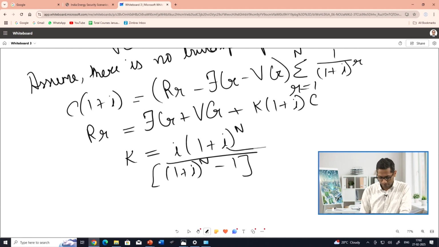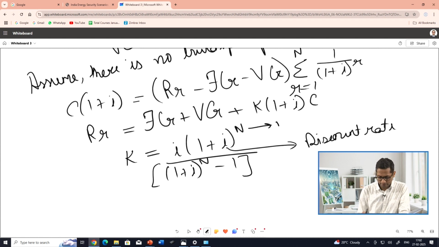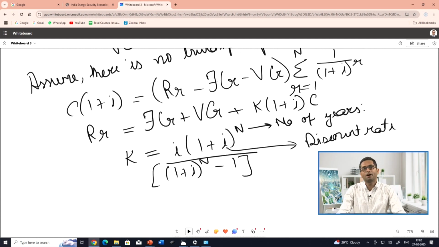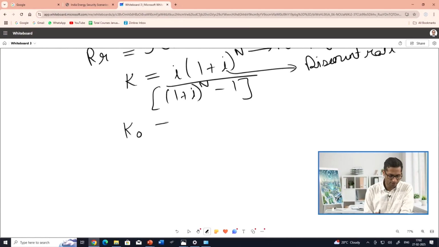So what we have, i here, is the discount rate, and n basically is the number of years, which is pertaining to years of operation of a plant. So a typical plant we will aim at operating for roughly 20 years, and the discount rate could be somewhere around 10%. And further I can also introduce another term which is called k naught, k (1 + i) into C,